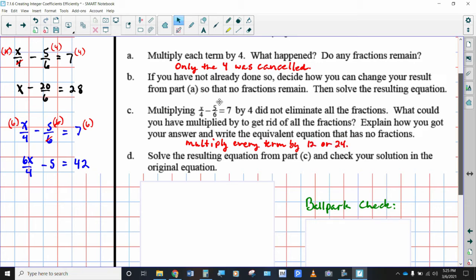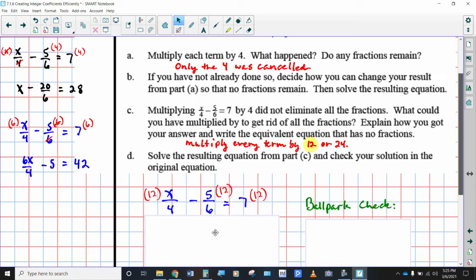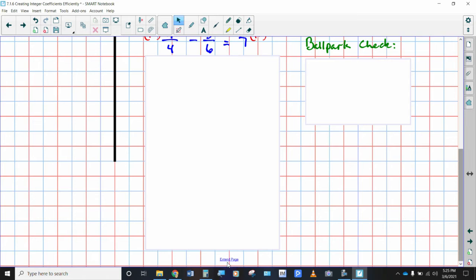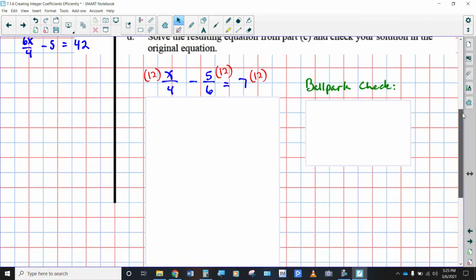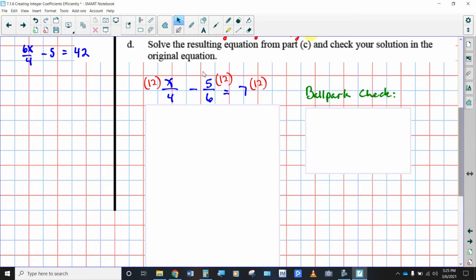You can multiply everything times 12, times 24, times 36, times 48. But for purposes of what we're doing, I think 12 is the best number. That's going to keep things as easy as possible. So let's go ahead and do the process. It's all modeled based on what we were showing here, but now we're going to be able to multiply everything times 12. Okay, so go ahead and see if you can find the solution for x by working through this